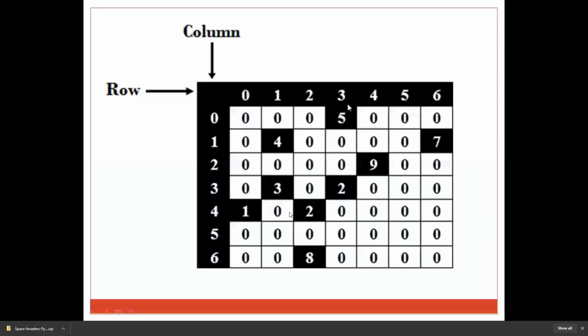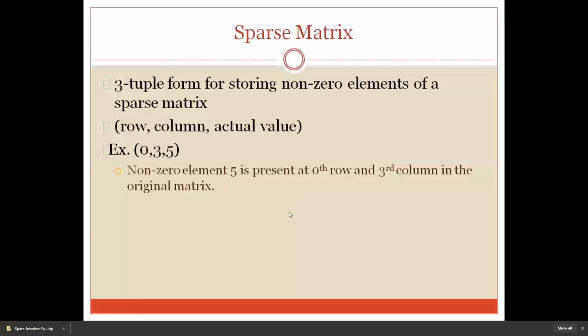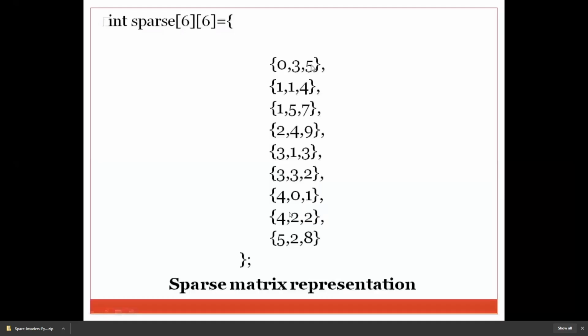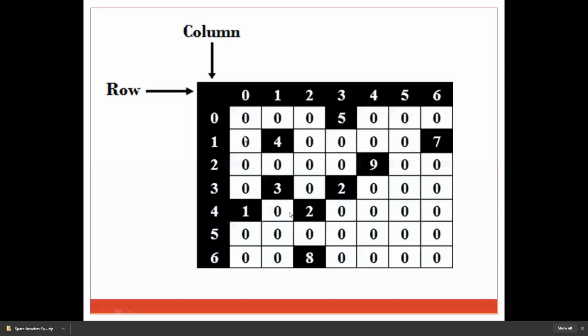The intersection 0 3 gives you the actual number. So with all those non-zero elements, the three tuple format on all this highlighted part, I have written over here 0 3 5. This is the first element. 1 1 4: row number 1, column number 1, and the actual value is 4.